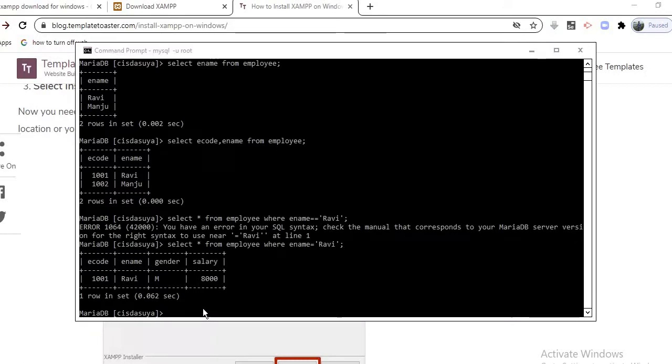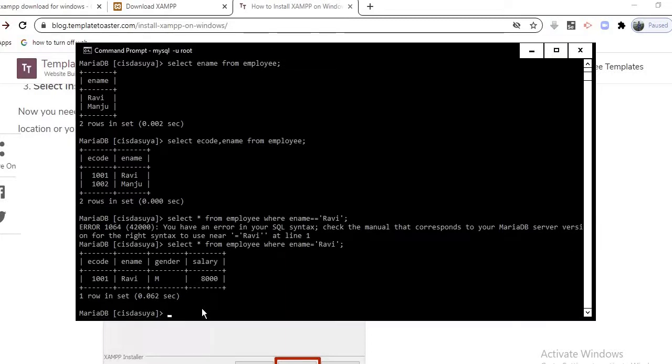Now students, let's see how to apply a constraint on a table. Let's assume we create one more table: create table, and we keep the name as customer table. Here I keep the first attribute as CID, customer ID.